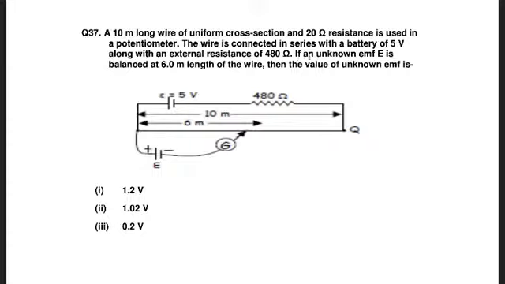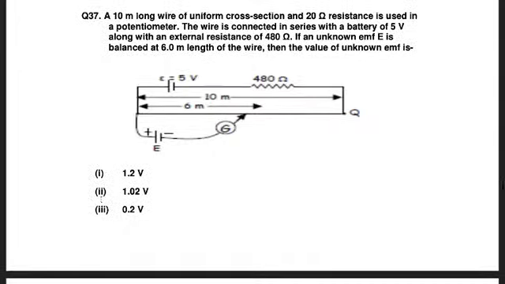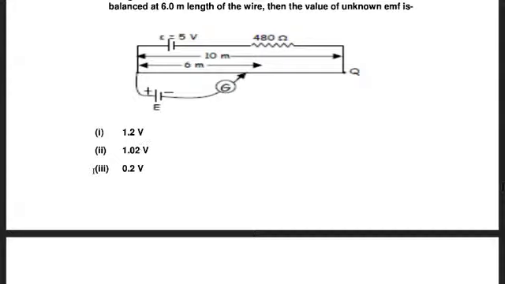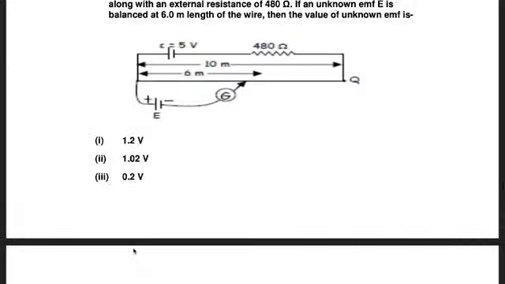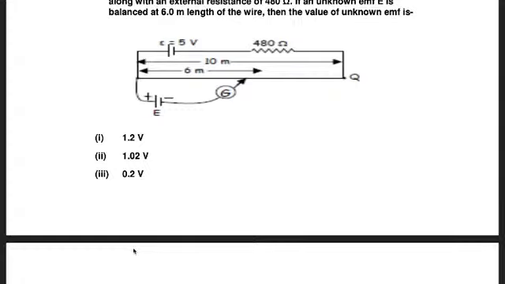If an unknown EMF E is balanced at 6.0 m length of the wire, then the value of unknown EMF is, here they give the diagram, and the options are 1, 1.2V; 2, 1.02V; 3, 0.2V; 4, 0.12V. Correct. The answer is option 4,